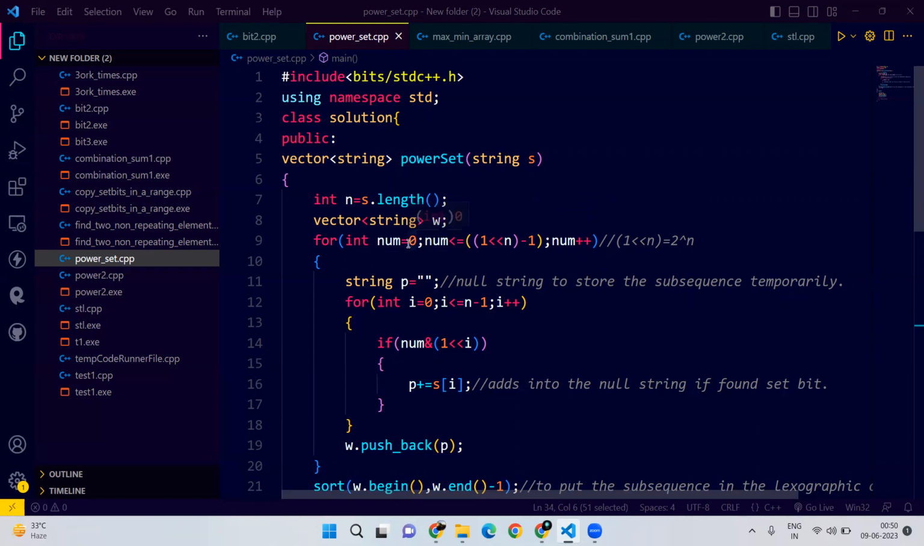So how will you be doing it? Starting from 0 to 2 to the power n minus 1, you will be running a loop in which every number will be compared to each character of the string. How? Using the bitwise AND, you will find out